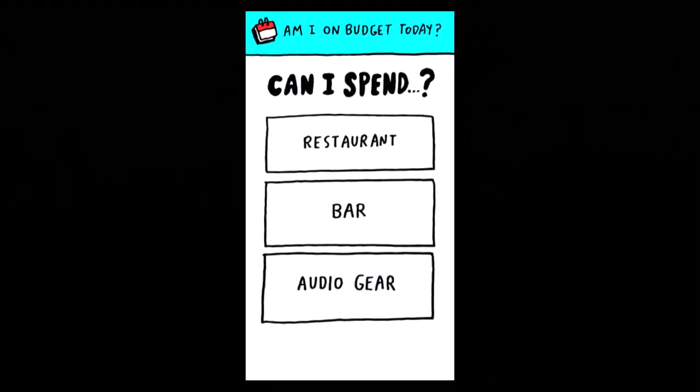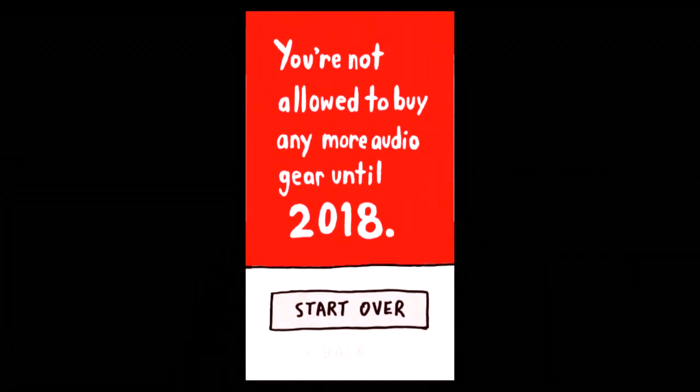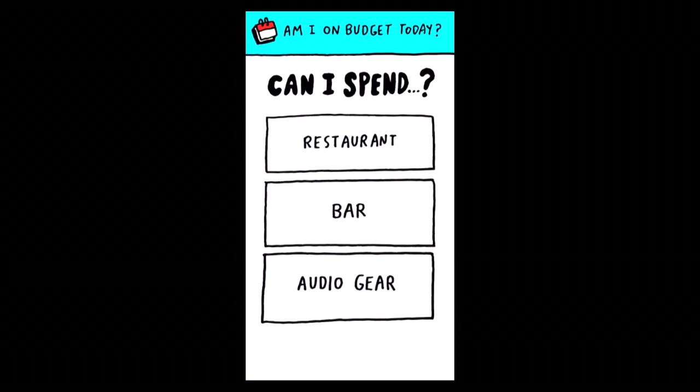And so since I'm on budget, I know that I normally spend in 3 different categories: restaurant, bars, and audio gear. The first thing I want to find out is, can I buy that third headphone amplifier? OK, no, out of the question. All right, well, they are quite expensive. Those of you who have investigated them know just how expensive they are. So nothing until next year.